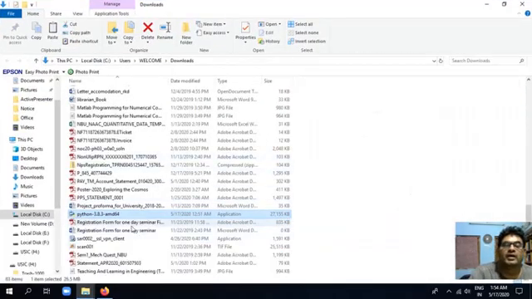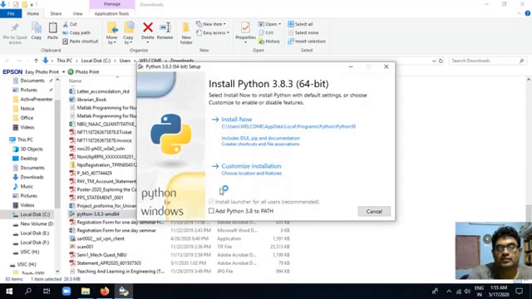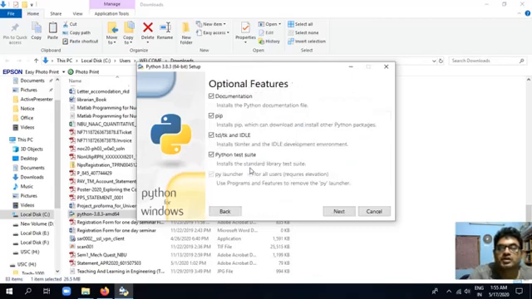I go to the Python 3.8.3 file and double click on it. When I double click, you can find that there are two options: customize installation and install now. For customize installation, these are the options.